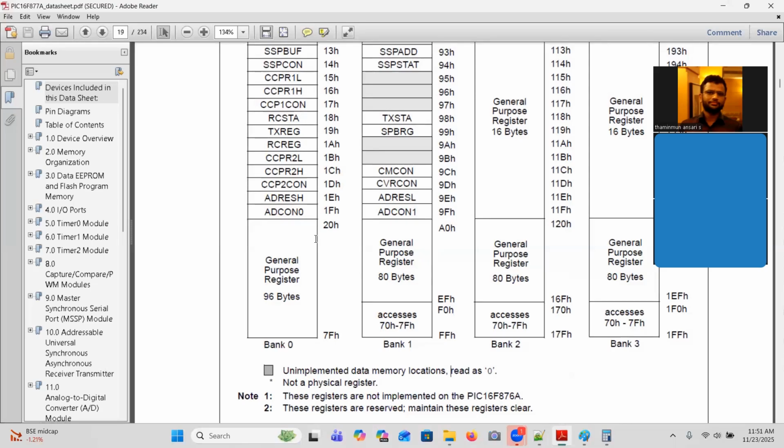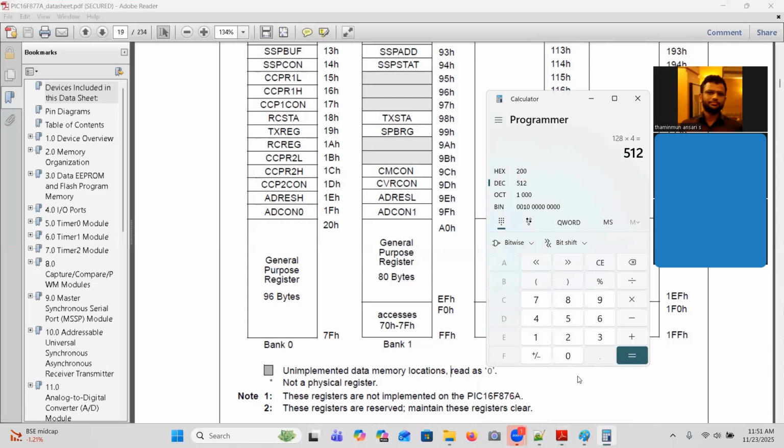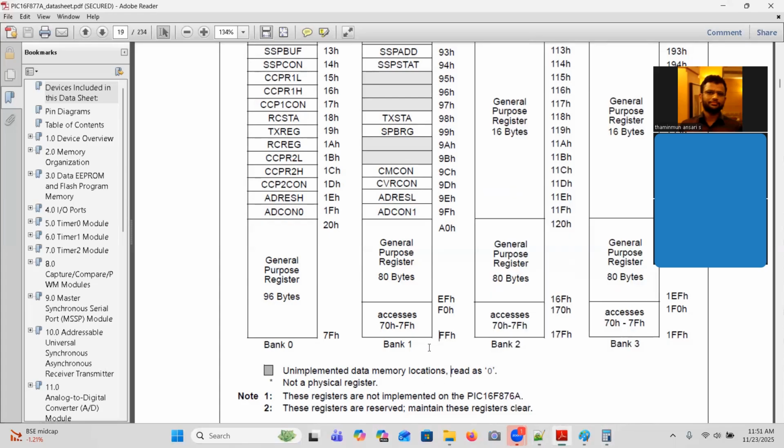But here they don't have any unimplemented registers. Totally we get 128 continuous, right? Agree? So let us put that. First is continuous, right? In the second one,